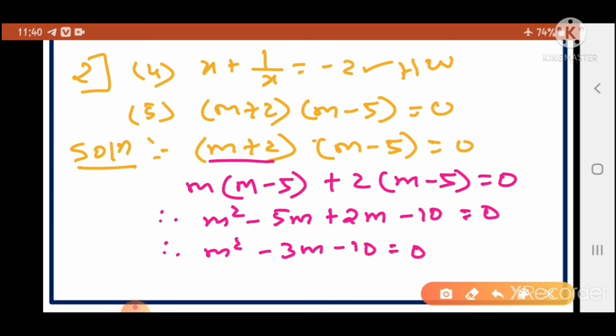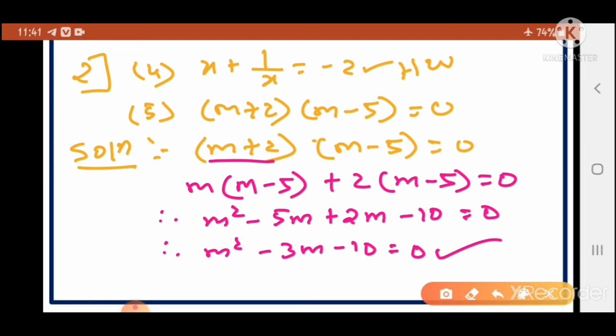Now you have to check and tell me whether this is a quadratic equation or not. So this is a quadratic equation because it contains only one variable, that is m, and the highest degree of this variable m is 2. You have to write the reason here, right? As I have written in the earlier sum, you also have to write the reasons in this sum also. So this is a quadratic equation, right? This is how we have to solve all these quadratic equations.